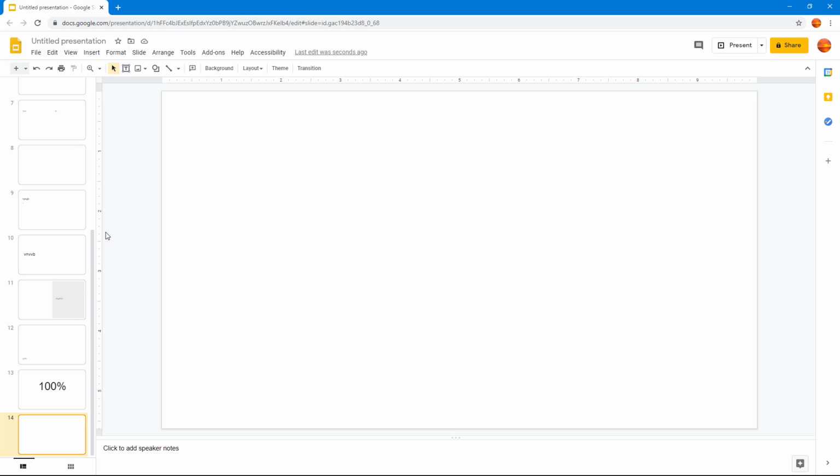And that is how you can add slides with different preset layouts inside of Google Slides to work with your contents. So hope you guys learned